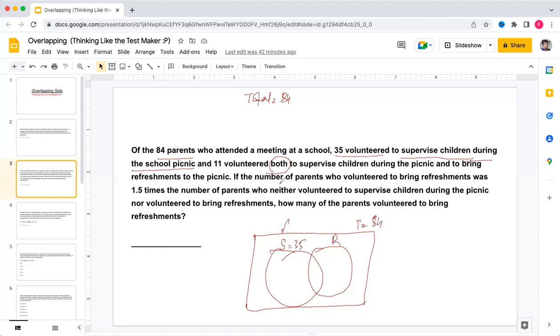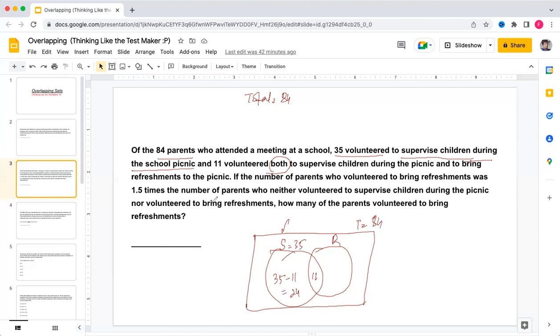The next thing is 11 volunteer both. So this will be 11. If this is 11, so only this will be 35 minus 11, which is equal to 24. And the next thing is, if the number of parents who volunteer to bring the refreshment, asking about this thing,